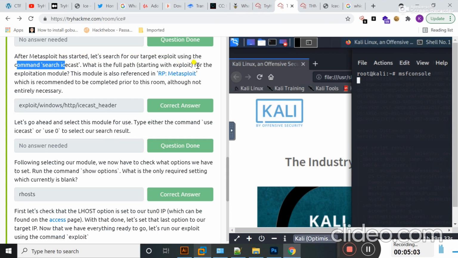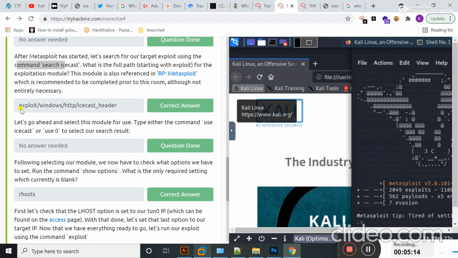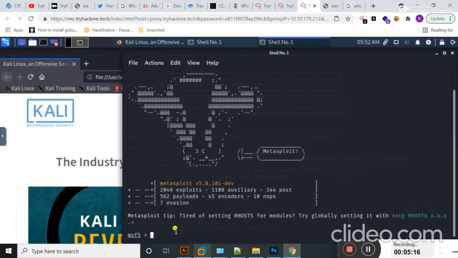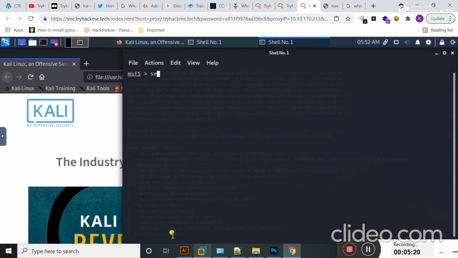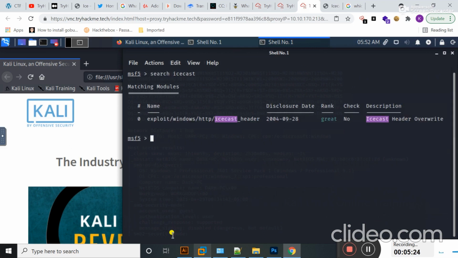What is the full path starting with exploit for the exploitation module? This module is also referenced in the Rapid7 Metasploit room, which is recommended to complete for this room. Okay, Metasploit is opened here. So if I type here search icecast and hit enter, students, here you can see the exploit is present for this kind of vulnerability.